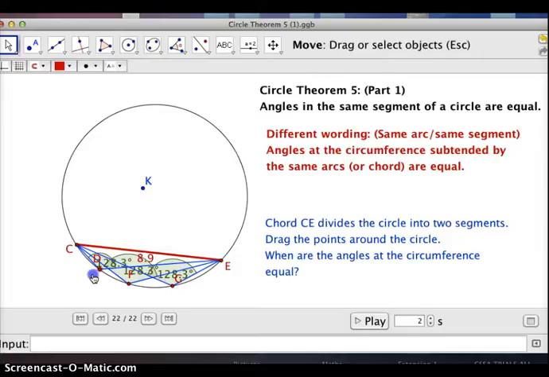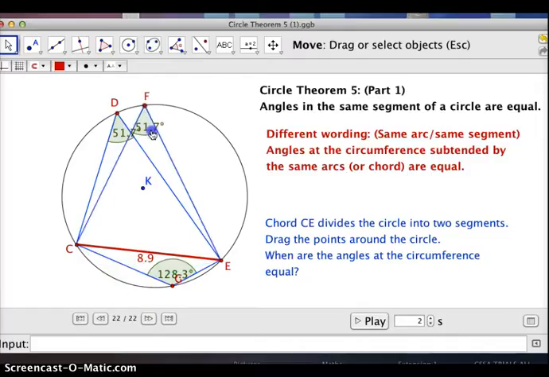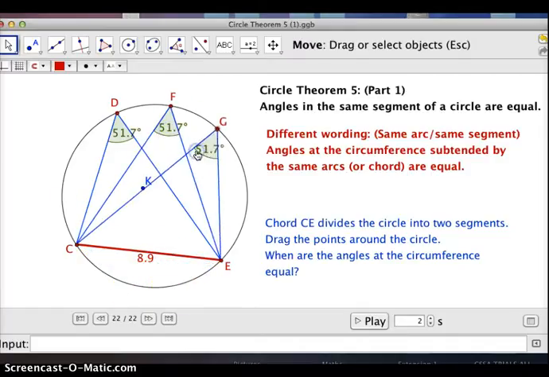Okay, if I put all those angles in the minor segment, they're all 128.3. So hence the theorem, angles in the same segment of a circle are equal. But obviously if they're standing on the same chord or arc. Okay? Once you've written that down, we're going to look at Circle Theorem 5 Part 2, which is equal arcs